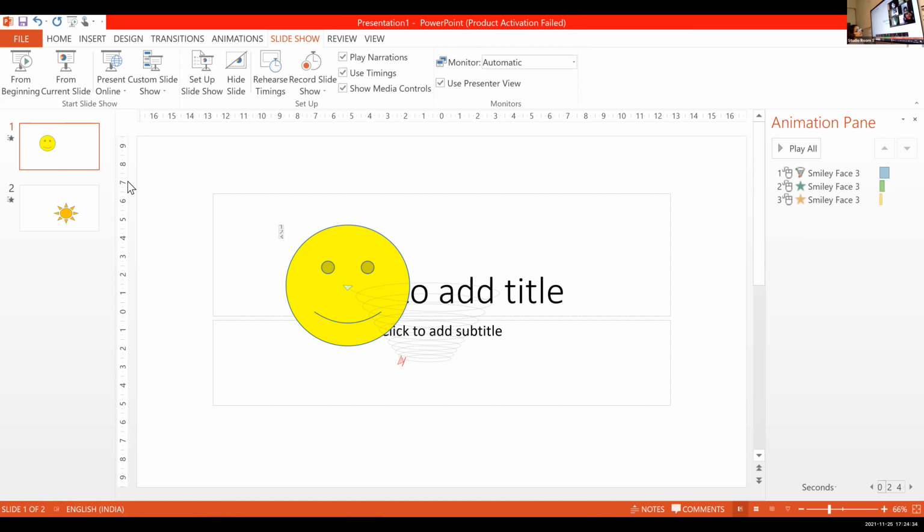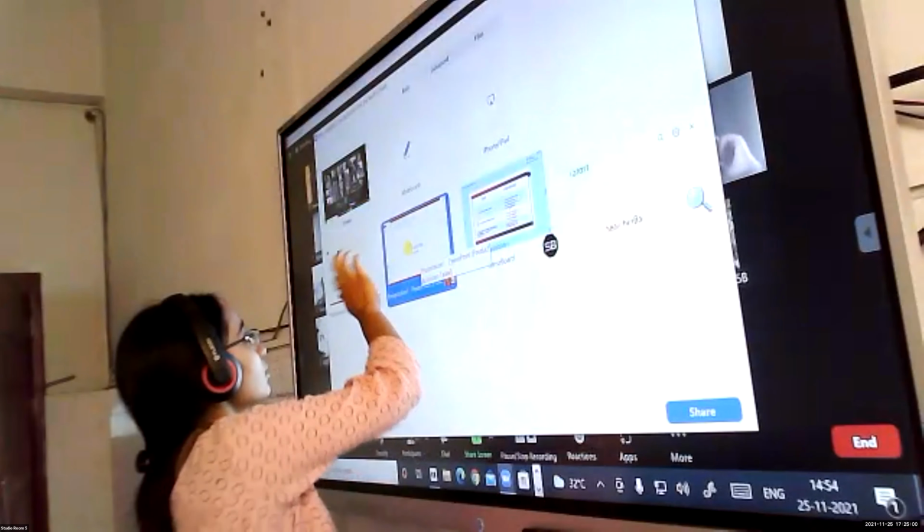So now Megha from the girls team. Yes, ma'am. If I want to color it, from where do I choose? Excuse me, ma'am, I cannot see the board. You're not able to see the board? What about the others? Ma'am, we can see. I will share the screen once again. Check whether you are able to see or not. Okay. Now, yes, Megha.